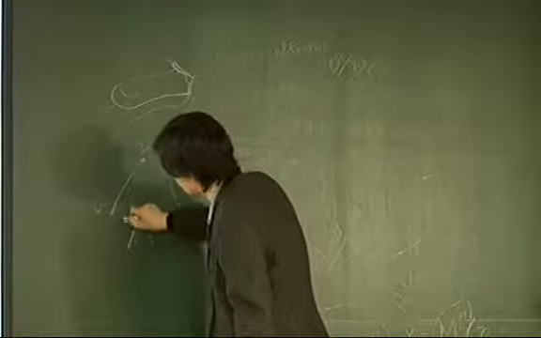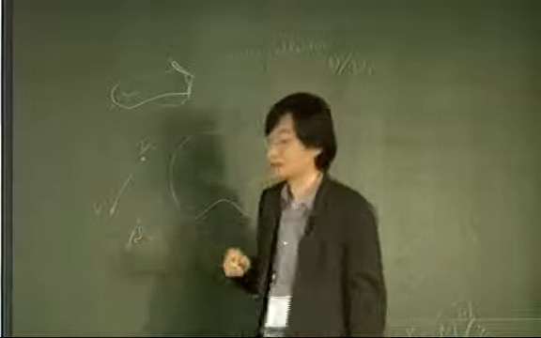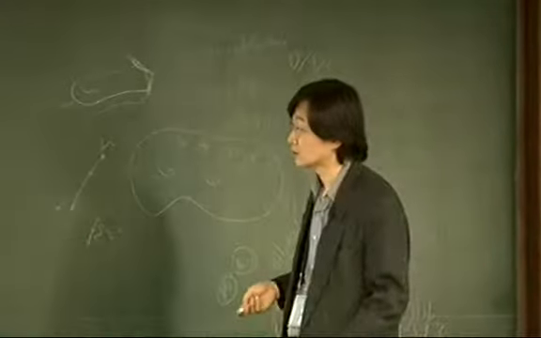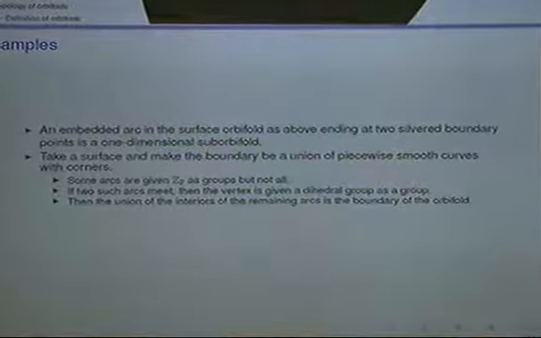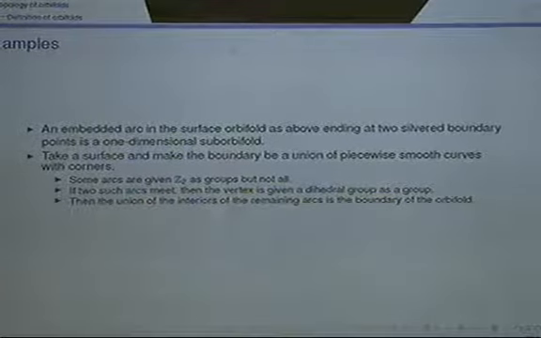So inside you have a trivial group, but on the boundary you just act by G2. So that's an example of an orbifold. Right, so you can make a lot of these piecewise smooth curves with G2 and dihedral group structures here, and what's interesting is that if you have this sort of piecewise smooth